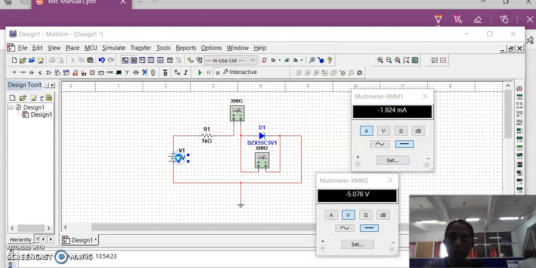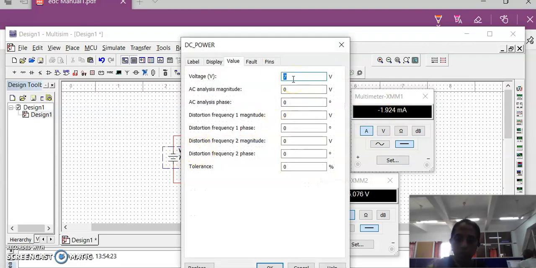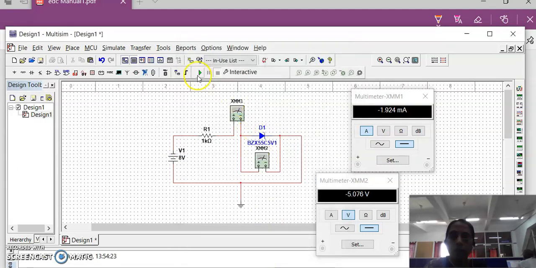Means now in this case, if you change the input voltage, we are not getting any change across the diode. 5.08, almost 5.1 volt we are getting constant. For input 8 volts we are getting approximately 5.1 volt constant.